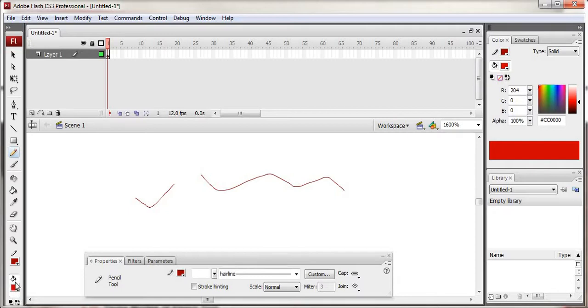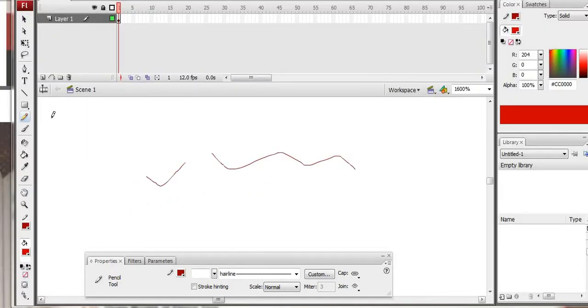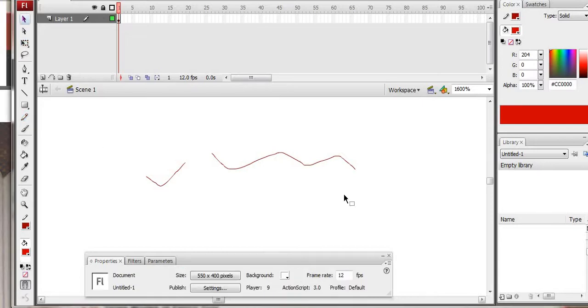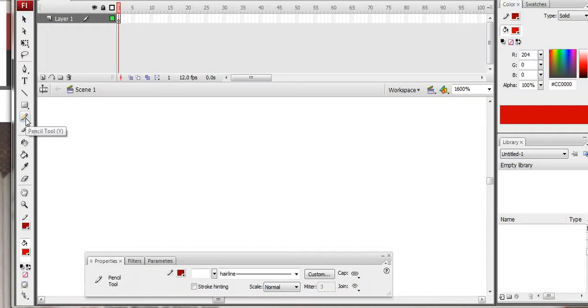So at the bottom side, let me show you. Let me clear this first. Okay, see, if I am taking this pencil tool, I am drawing something like this.